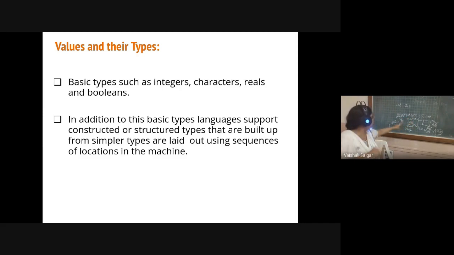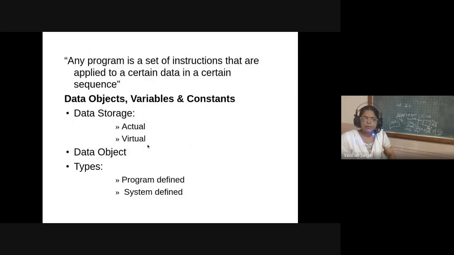So that is nothing but the basic data types and their values. Integer it will be 2 bytes, boolean 1 bit, character 8 bits, whereas for float, how much memory will be allocated? It will be one word, which is nothing but 4 bytes. So integer 2 bytes, float 4 bytes, character 1 byte, and boolean 1 bit. These are the values and their types associated with the basic data types in that specific programming language.